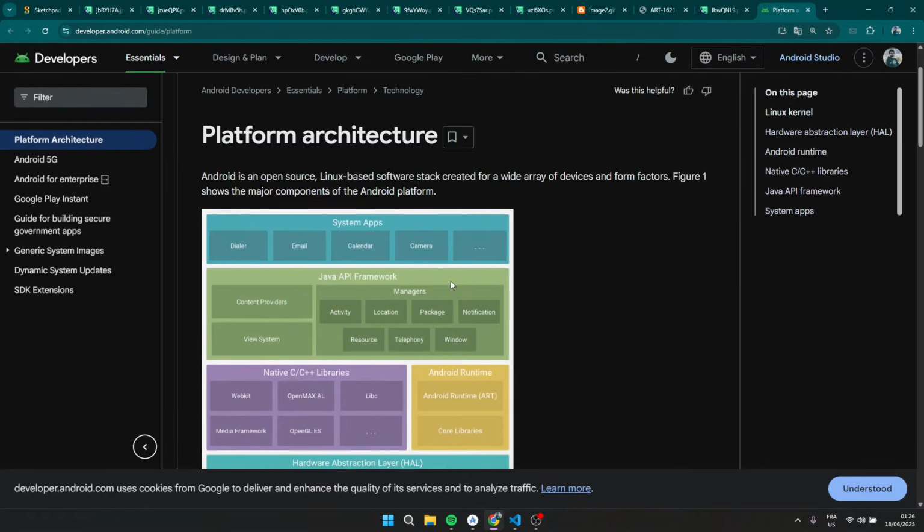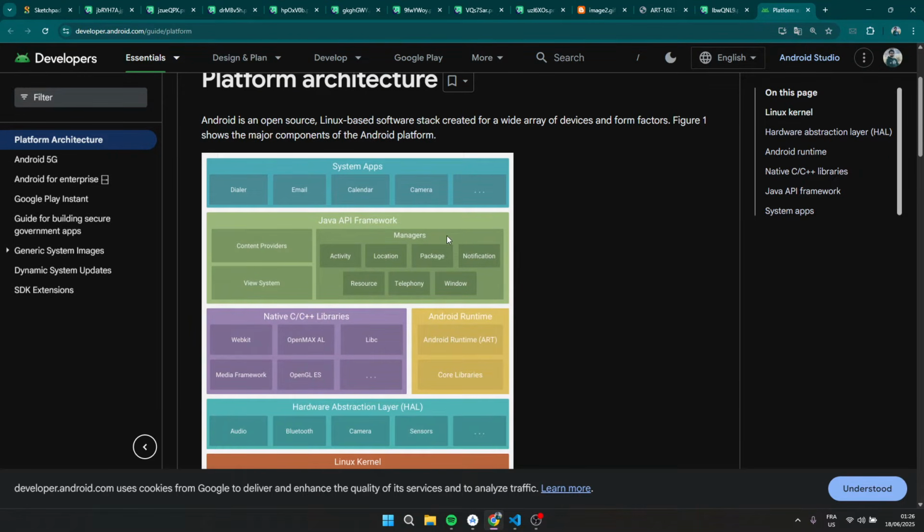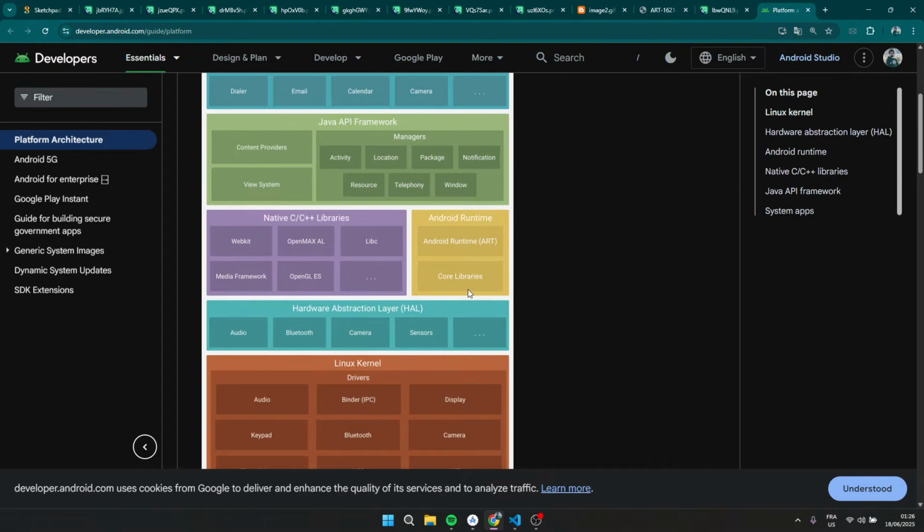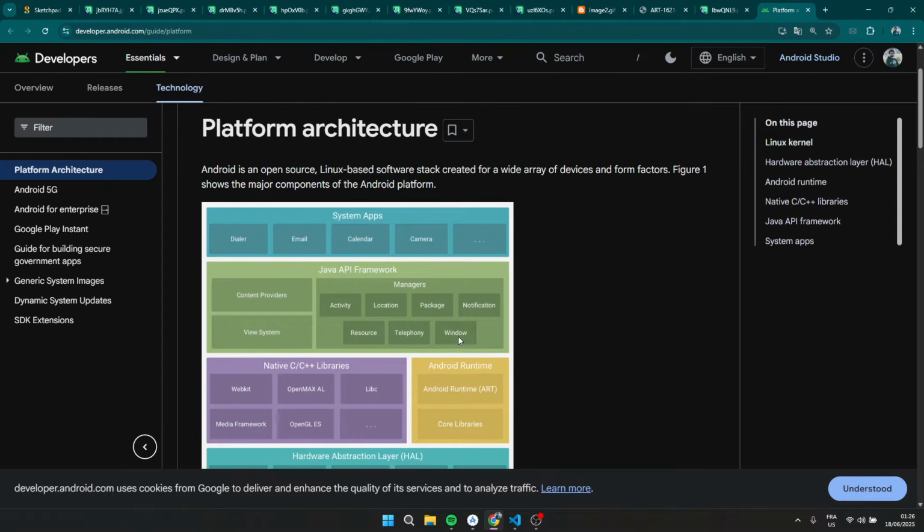I'm going to try to go into each layer alone and explain what the layer has inside of it and what the role of that layer is, until we get to the bottom, which is the Linux kernel. So the first thing to say is, if you don't know what a framework is, a framework is just a collection of pre-built tools and libraries that allow you to create a specific project without having to start from scratch every time you want to build something new.